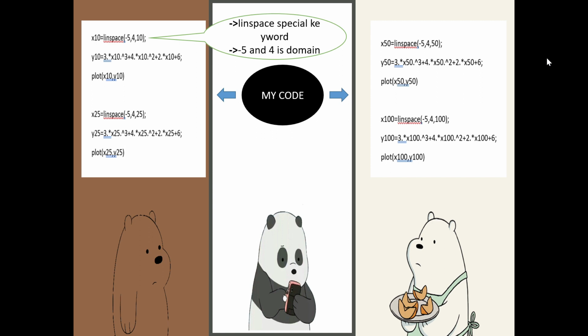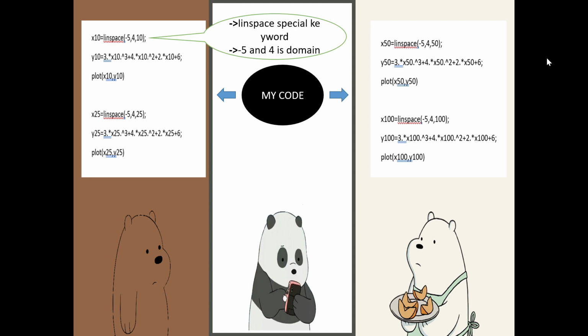For example, x10 equals linspace(-5,4,10); Linspace is a special keyword in Matlab to do a graph, while x10 declares the x-axis to have 10 plot points. -5 and 4 is the domain for the x-axis, in the range of -5 to 4, and 10 is the total number of plot points. And then y10 is basically the y-axis. So for the y-axis, we just need to copy back the function given